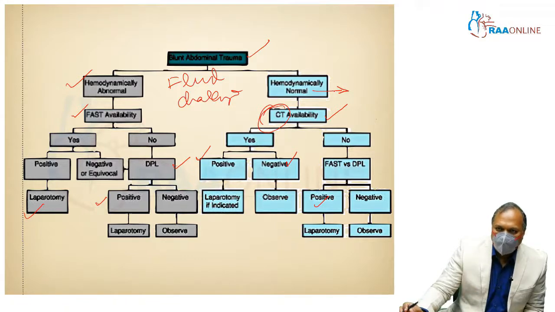Only a patient who is hemodynamically normal following a fluid challenge, which is basically giving around 500 ml of Ringer lactate and seeing whether the patient is holding his BP and pulse to appropriate levels, then you consider the patient as hemodynamically normal. Only then a patient has to be shifted to CT. That's the most important learning point in this particular slide.